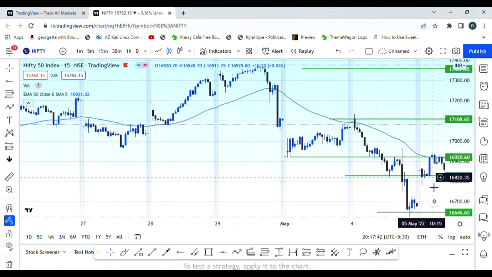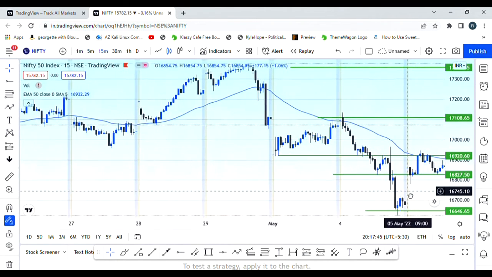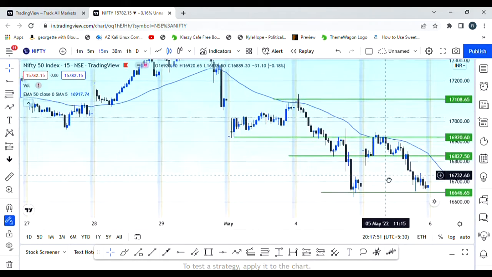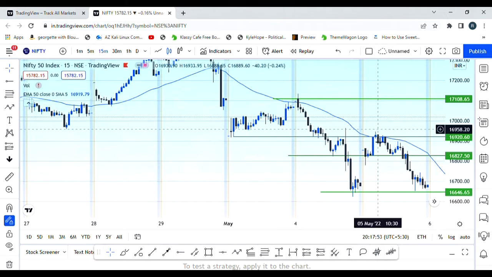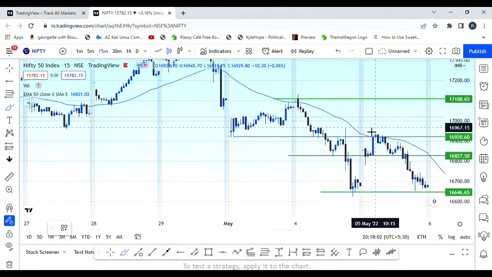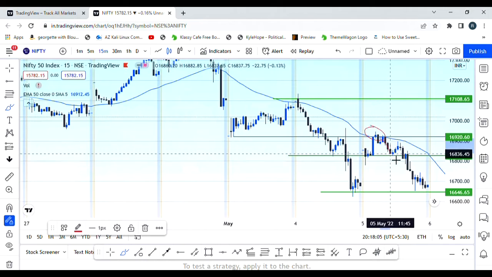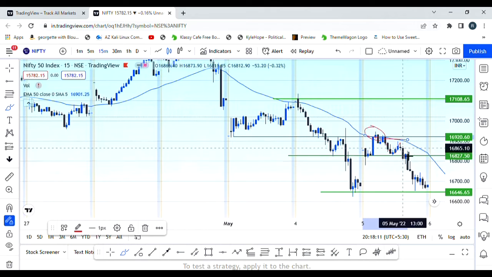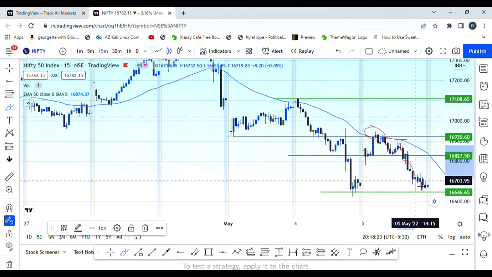Then it actually worked as resistance, then broke this level, maybe till the market comes down. The market came down, so you can clearly see the market first went to that level and faced a resistance, the market fell, again retraced to that level, and again the 50 EMA, which we actually use as a running support and resistance. So it faced a resistance, again broke that level, retested, and the market came down till